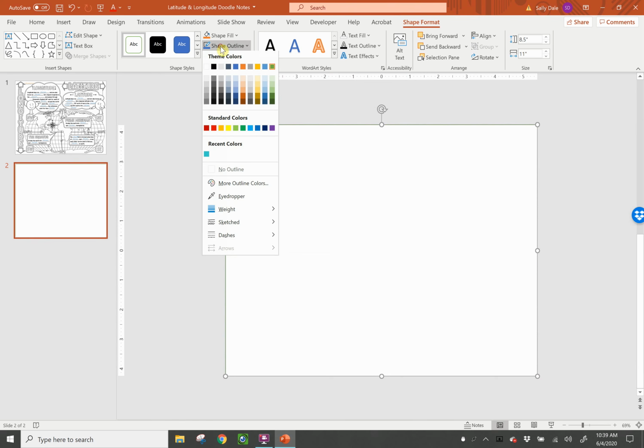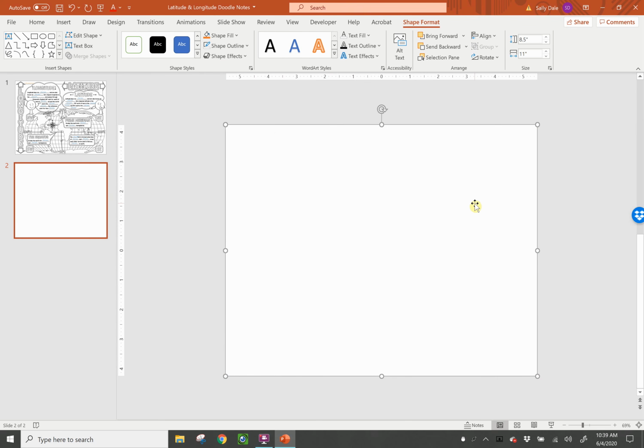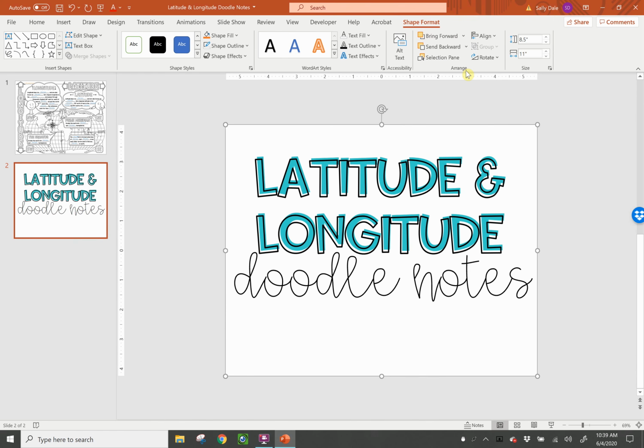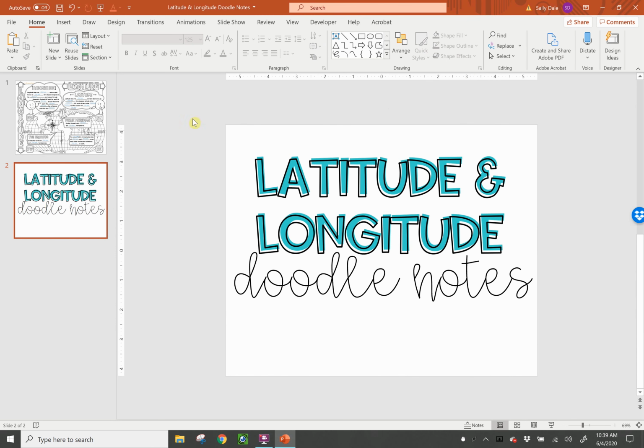Then I'm going to make my outline so that there's no outline. And now I can't see my design. So I do need to now send this to the back. So over here, under the arrange, I've clicked on the shape format and I'm under arrange here. I will do the drop down and just click send to back. And that might seem kind of weird, like why am I doing that? That's because when we put this in as the background, we want to make sure that it falls onto the